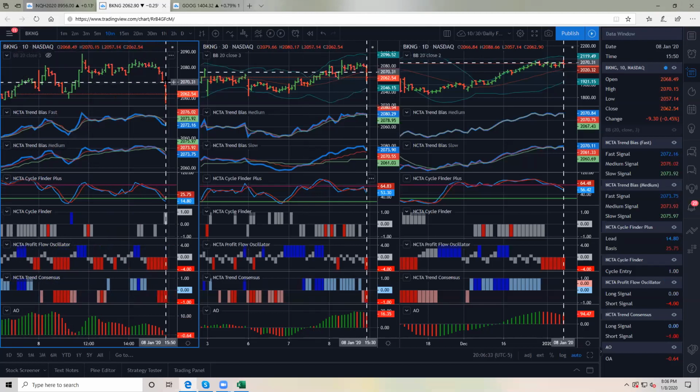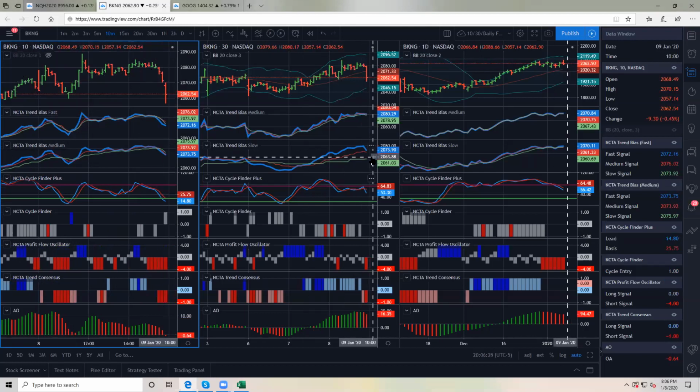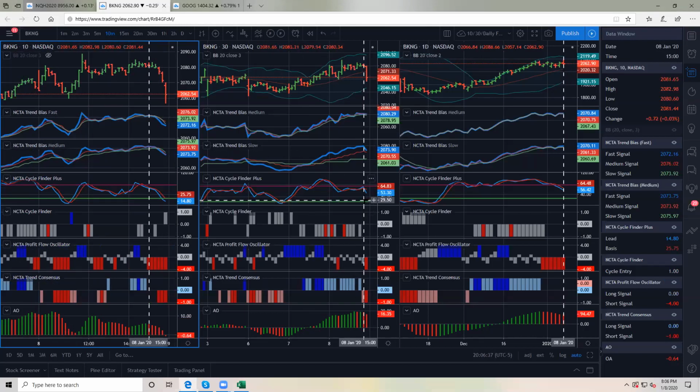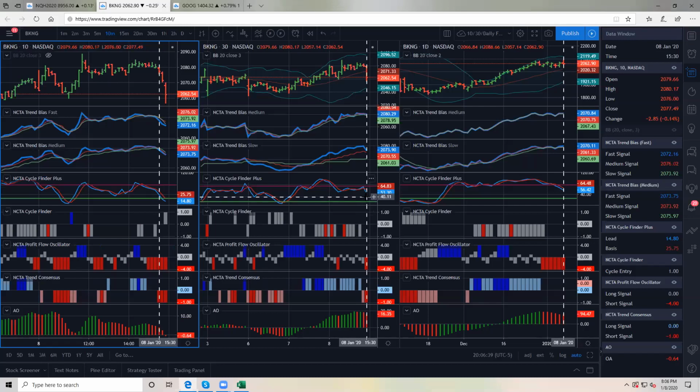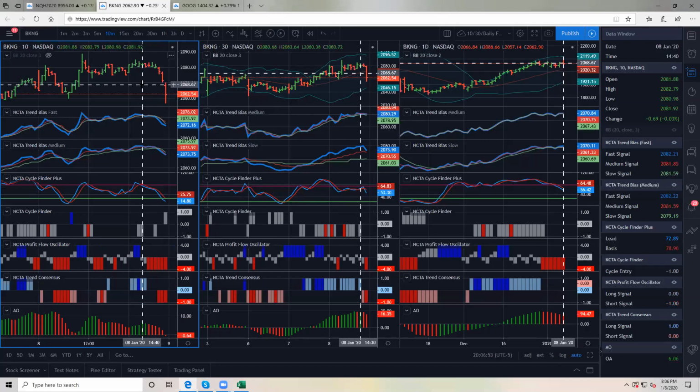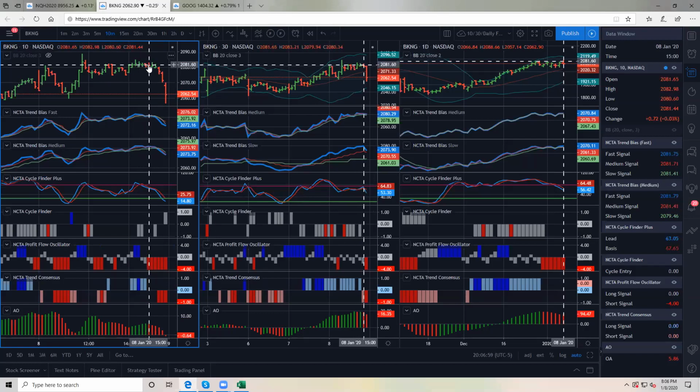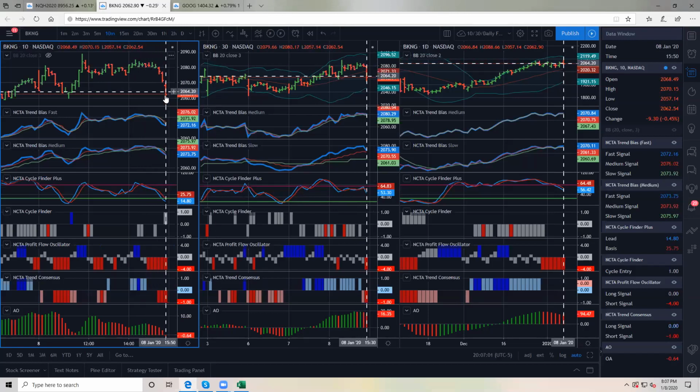Today, towards the end of the market, bookings sold off. The 30-minute gave a signal to sell right at the beginning of the 3:30 bar, and the 3:30 bar was the bar that actually ended up selling off. You can see on the 10-minute here that the signal came on at 2:40. At 2:40, you go short, it chopped sideways for a while before it sold off there.